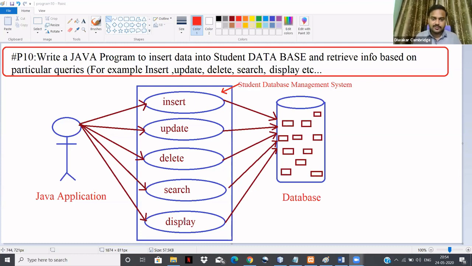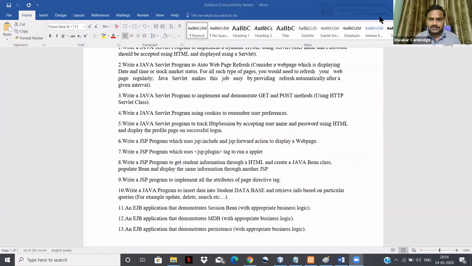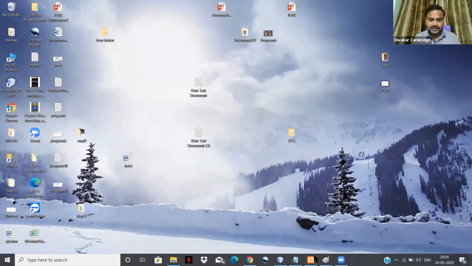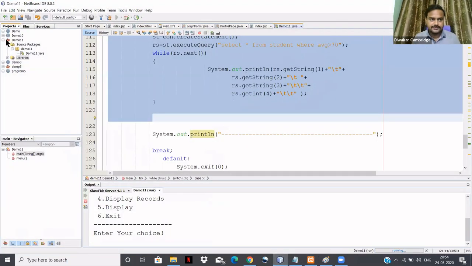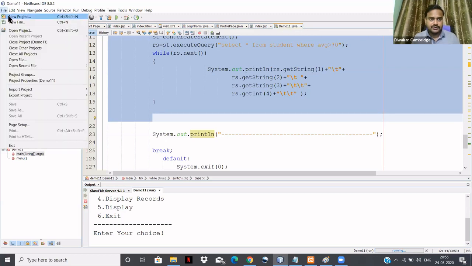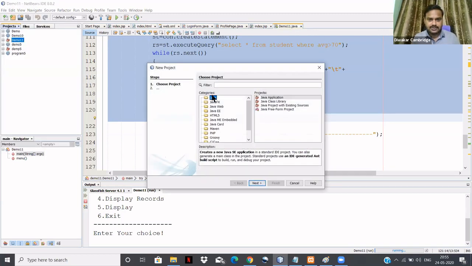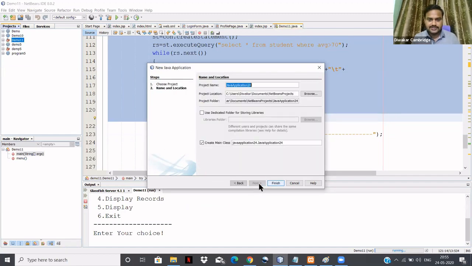So I'll demonstrate this particular program using the NetBeans editor. First, you have to create one Java application. I'll show you this. You have to click New Project, Java Application, Next.